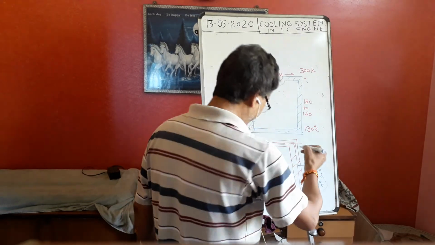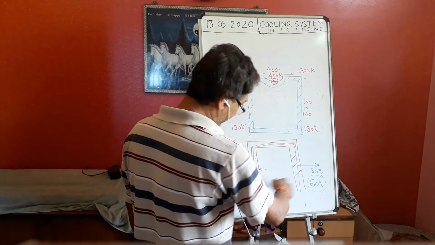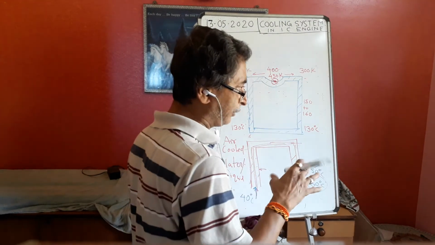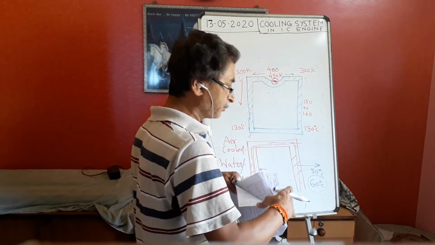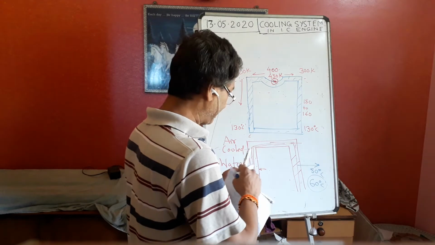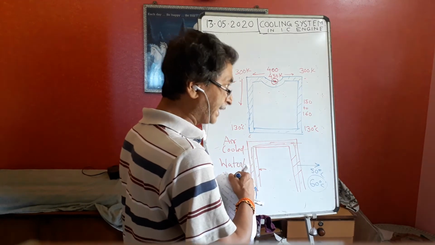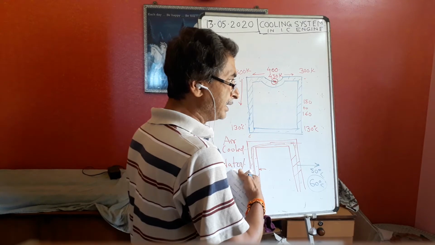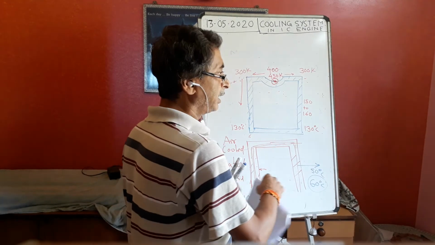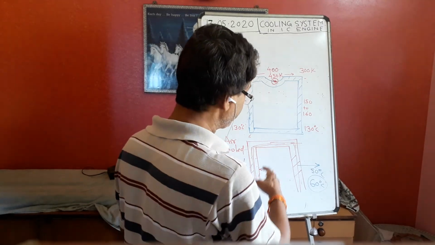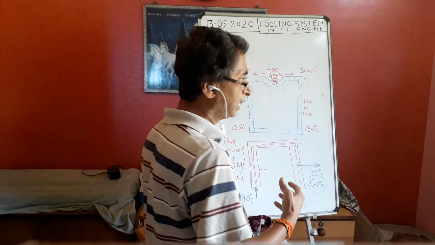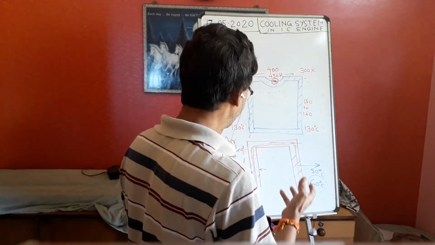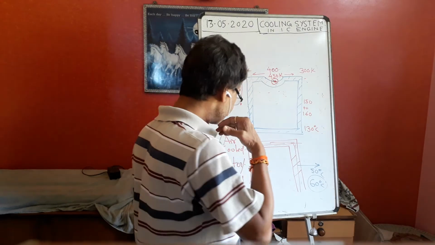So we have to be very careful that the cooling water inlet and outlet temperature difference should be within 10 to 20 degrees, not more than that. If it is more, then we understand that the cooling water is not taking a sufficient amount of heat from the engine and is discharging it to the atmosphere. In that case, the cylinder will gradually heat up, there will be thermal stress, and ultimately it will lead to failure of the cylinders.